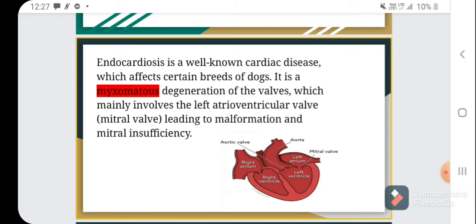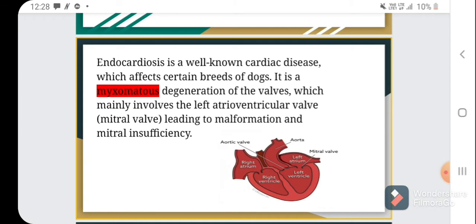Just to remember, we can see it this way: the left ventricle is the thickest of the heart chambers and is responsible for pumping oxygenated blood to tissues all over the body. By contrast, the right ventricle solely pumps blood to the lungs. So, as the left ventricle is pumping blood to the whole body, it needs to do more work. So, valves on the left side are subjected to more wear and tear. That is why myxomatous degeneration mainly affects the left side. It is just to remember, it's not a fact.